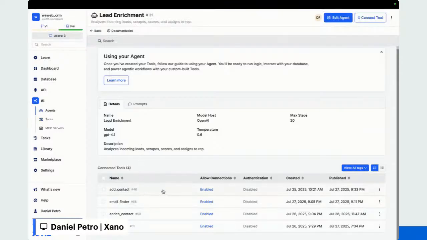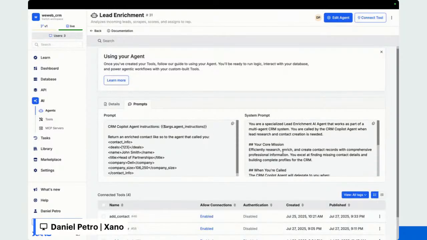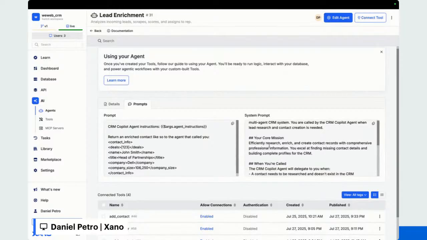we have the add contact tool, which is going to add a record in our table. And then we have this enrich contact tool. So the lead enrichment agent basically adds the contact and then goes and finds all this information about them and then enriches the contact. But not only that, if we dive into our system prompt here,